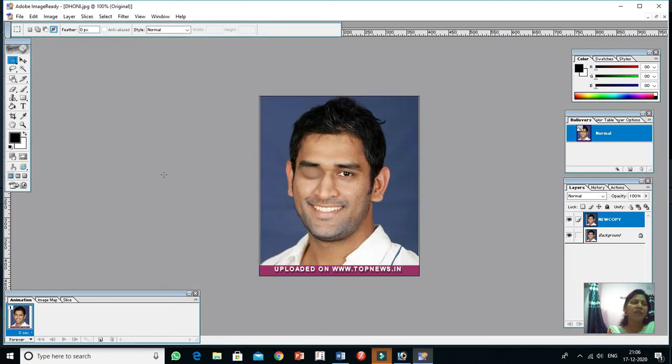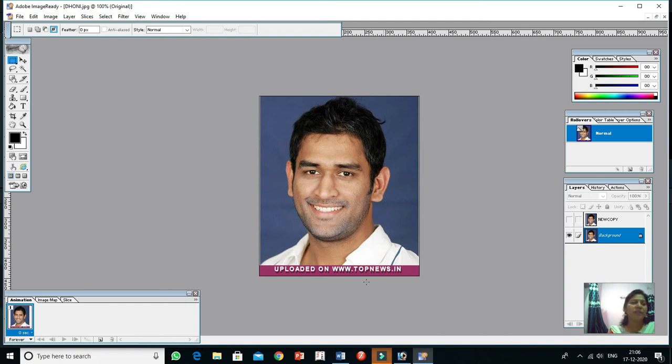Over. Now select the background layer, that is layer number 1. As this one is selected, then turn off the display, means click the eye symbol. So you can make it off also. To turn off the display, click the eye symbol in the duplicate layer, that is new copy, from your layer panel. So make this one off.